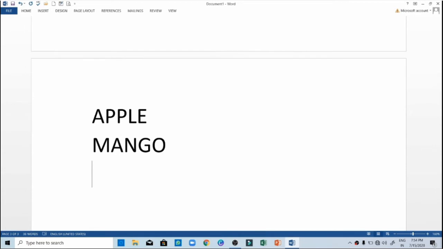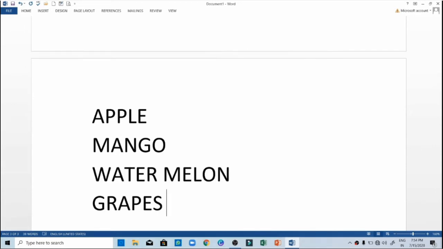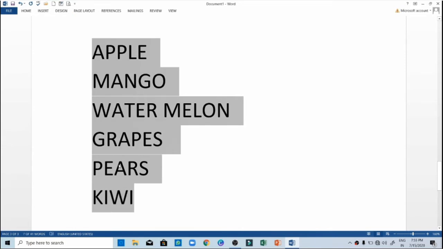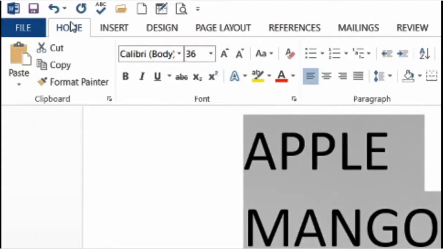Let me explain to you. See, I have written a few names of fruits. This is my text, and from here we will see how this text gets converted into a table. After writing the list, it can be any text, it can be in 2 columns, or you can write down your choice list. That is, simply you have to create a list without any number form. Simply type the text, and then from the insert tab